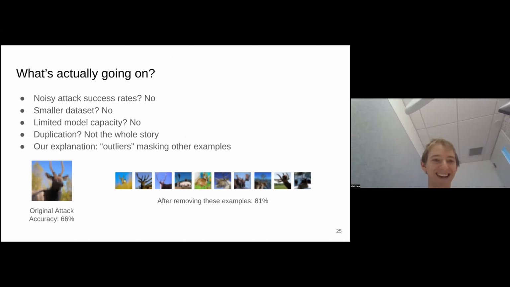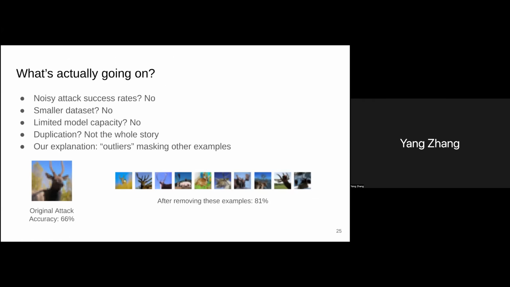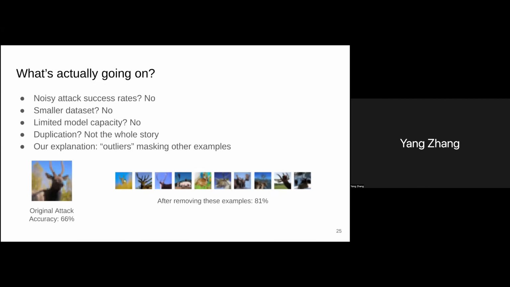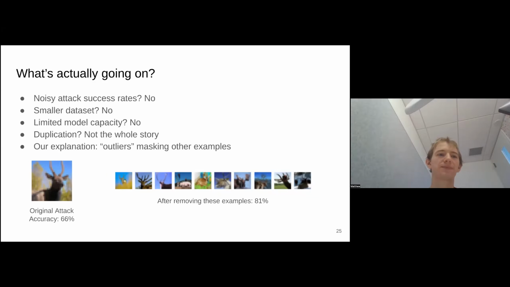Yes. So like you mentioned, your explanation here is this outliers masking other examples. So this is true for all. I mean, since you have many samples and you have many experiment settings to do, I suppose you also have many such kind of images. So almost all of them because of this masking effect. Yeah, and not only do you need to train a lot of models, it's also pretty computationally expensive to compare all these. This ends up being like 50,000 by 50,000 matrices. So we only looked at a couple different types of points.